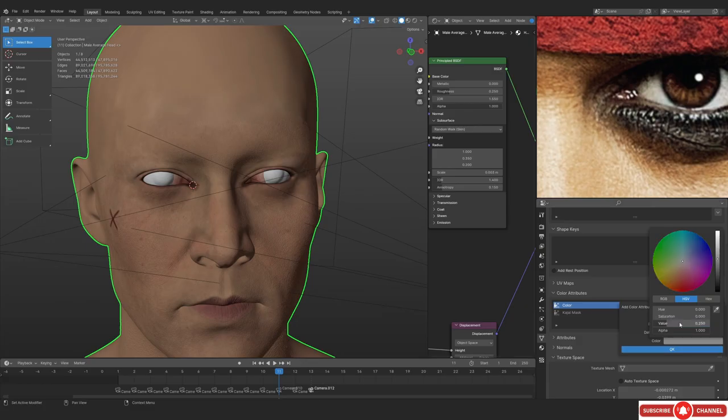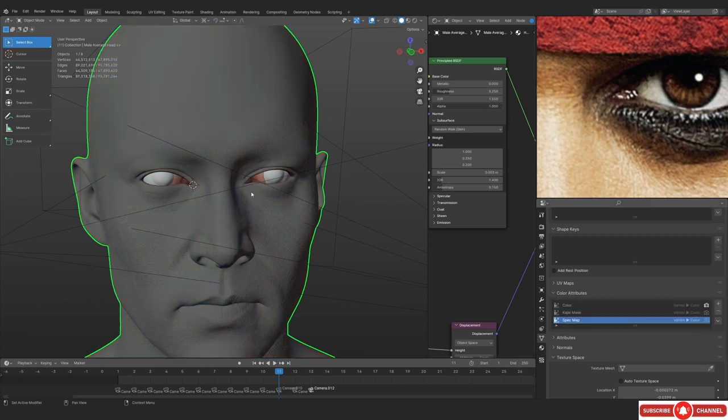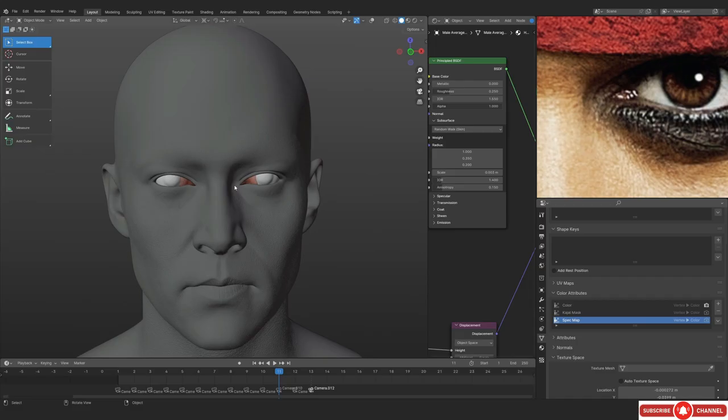We are going to be putting that over here, and whatever we'll paint with white is going to be rougher, and whatever we'll paint with black is going to be less rough. So if you think about it, whatever we'll paint with a value that is above 0.25 is going to be rougher, and whatever we'll paint with less than 0.25 is going to be shinier. So yeah, that's basically the idea behind putting the default color at 0.25. So this is what we are gonna get after this, and now we can actually just start painting.